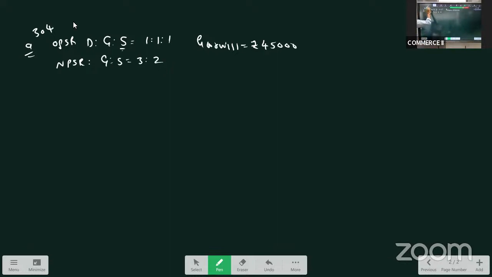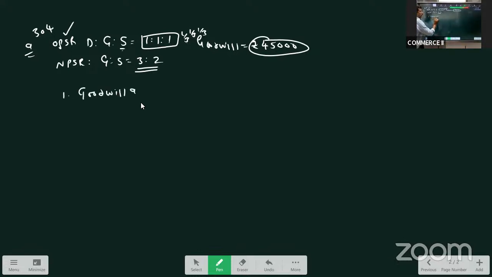This is the old profit sharing ratio 1:1:1, that is 1/3, 1/3, and 1/3. Dravid is retiring, and the continuing partners are Ganguly and Sachin, sharing profit in this ratio. This is the NPSR. It is said that goodwill is valued at 45,000, raised and written off. So let us see the first step. When goodwill is raised, the entry would be goodwill account debit 45,000 to